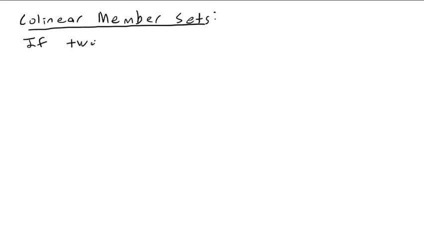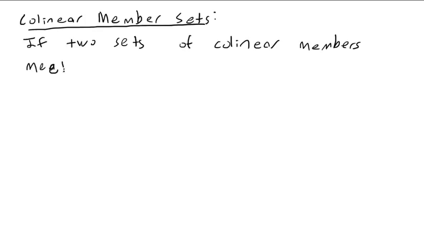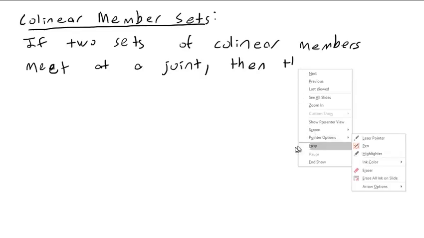If two sets of collinear members meet at a joint, then each set will have matching